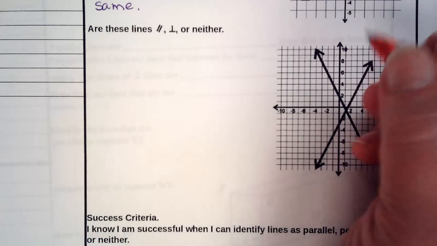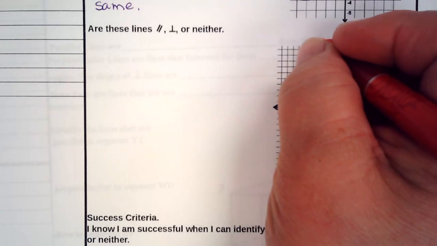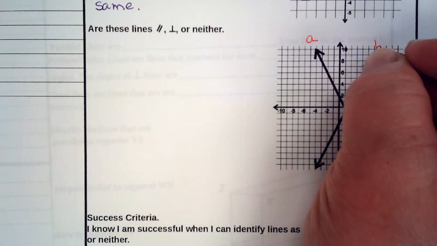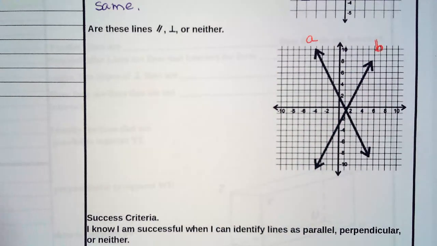So I'm going to name these two. I'm going to call one A and one B. So for the slope for A,